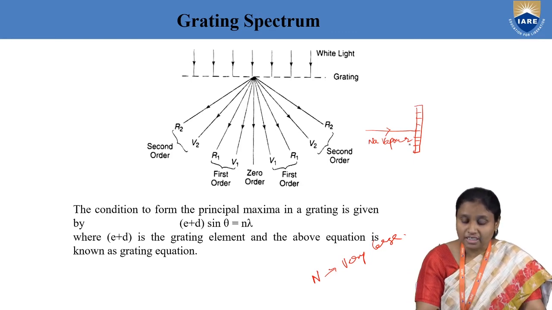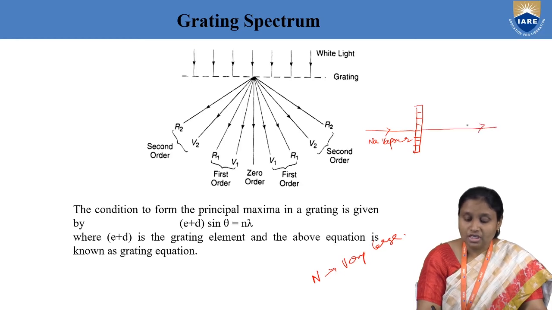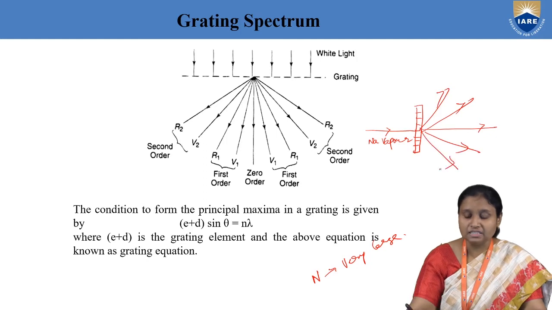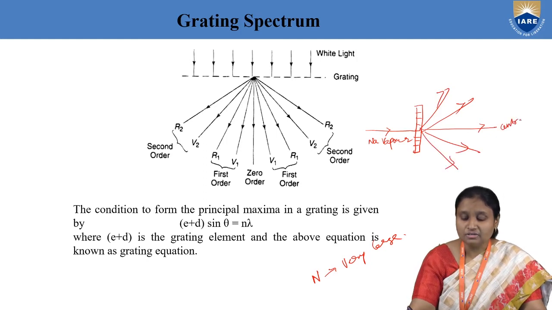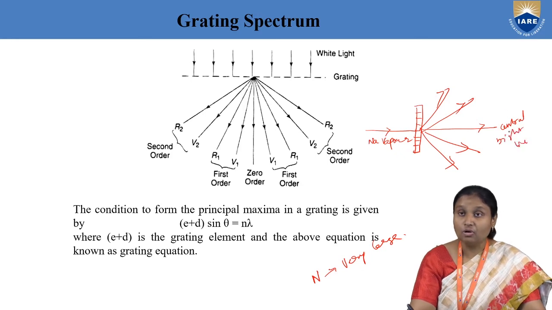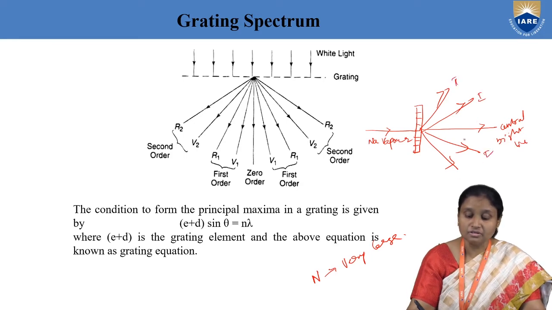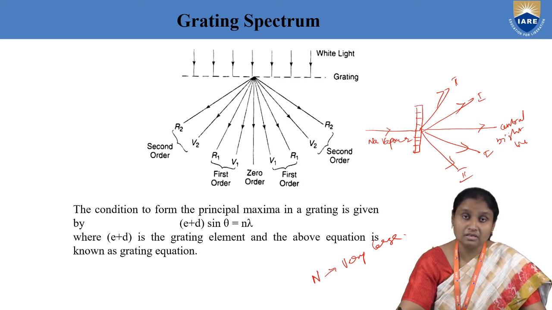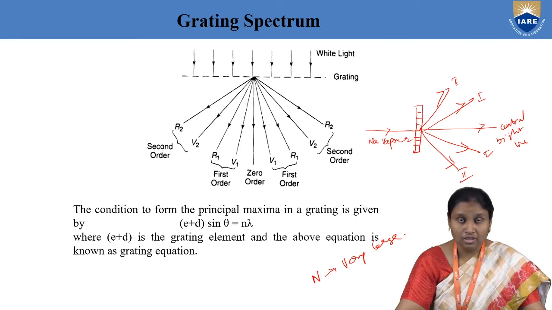So out of your grating, you will have sharp lines coming out like this. These are the sharp, bright lines, and this is the central bright line. This is the zero order principal maxima, this is the first order principal maxima, and this is the second order principal maxima. You are not able to see spreading of light because of secondary maxima and minima, because if N is very, very large, secondary maxima intensity will be very, very small, and